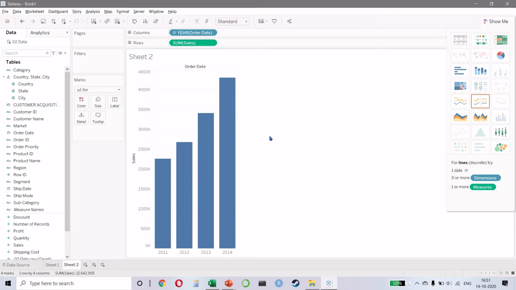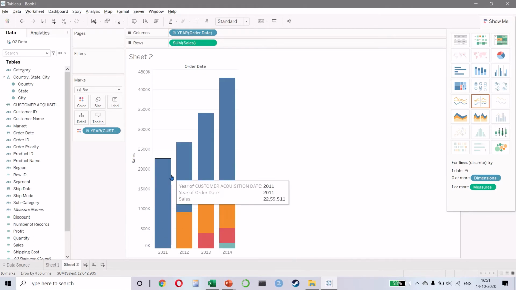Now, as you can see, it is showing us the total sale for all the 4 years. But now if I bring my customer acquisition date into my color, you notice we get 4 different colors like this. Fair enough.